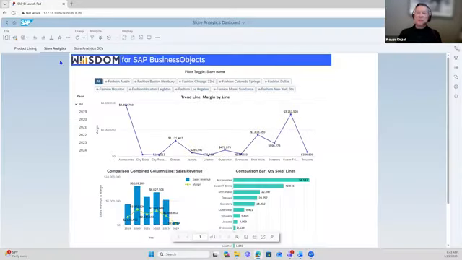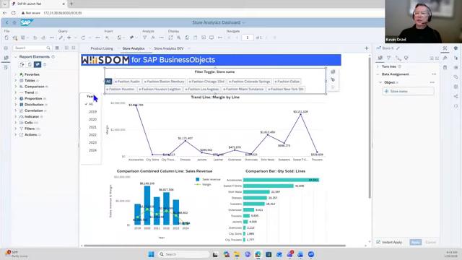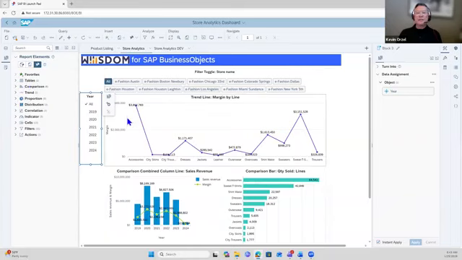So this is an example of a web intelligence dashboard that I have created. It's a simple dashboard, but all of these elements up here, I'm going to go into design mode. All of these elements here, like this one over here, this one here in the middle, all of these are WidX elements. Over on the left side here under report elements,